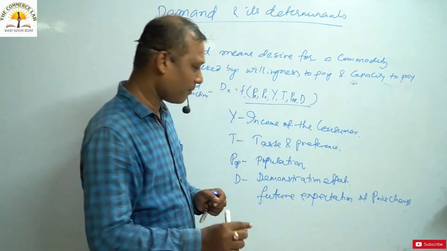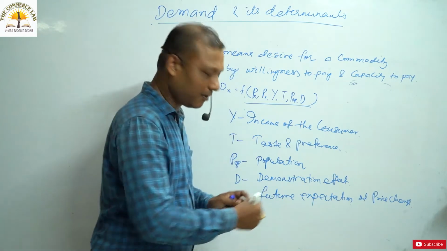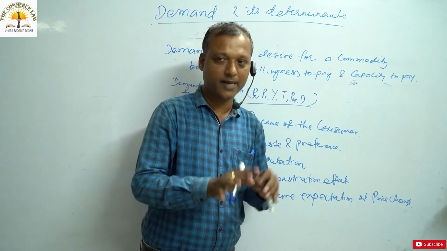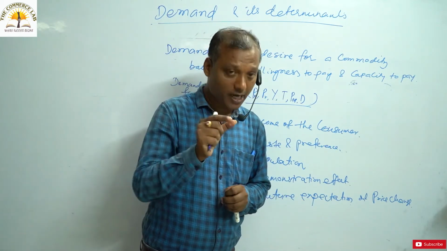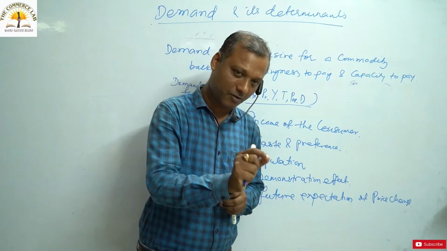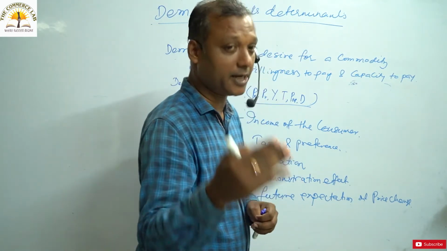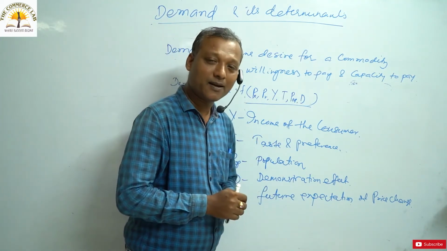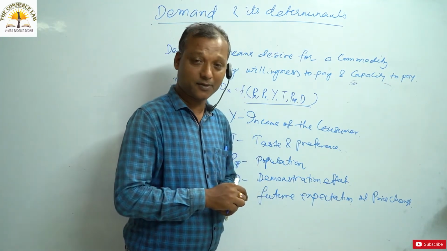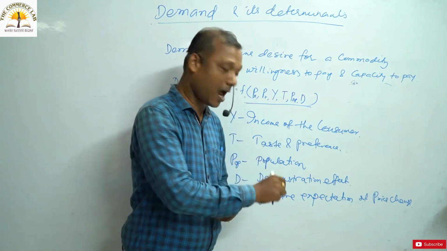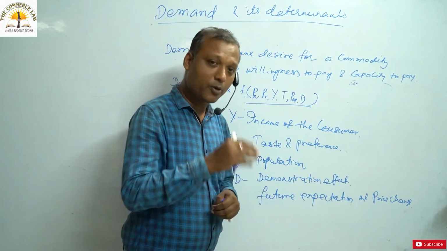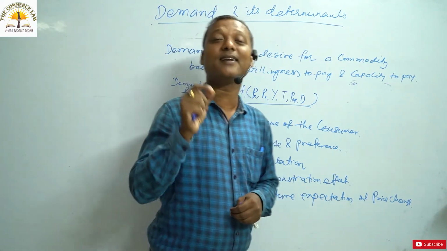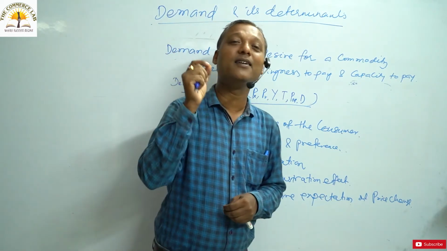So take for example, I'm giving an example. The price of a commodity at present is low. In future, you expect the price of the same commodity will rise. What will happen to demand for now? Take for example, we have a current price, and now we hope that in future the price of the commodity will rise.